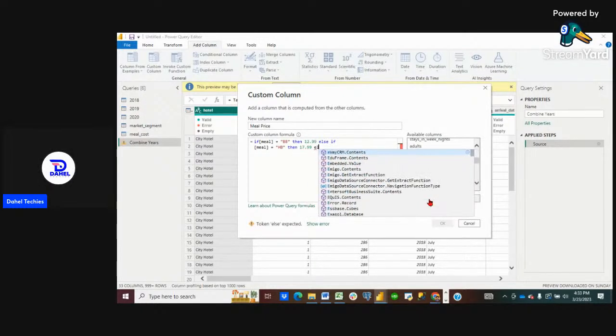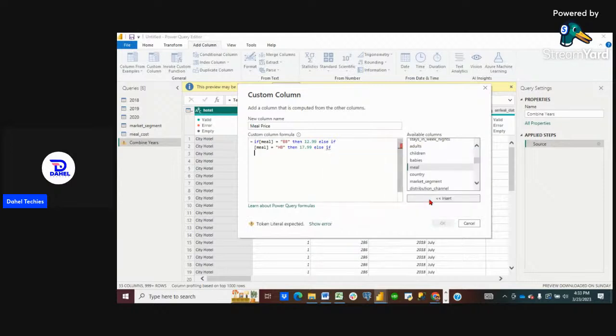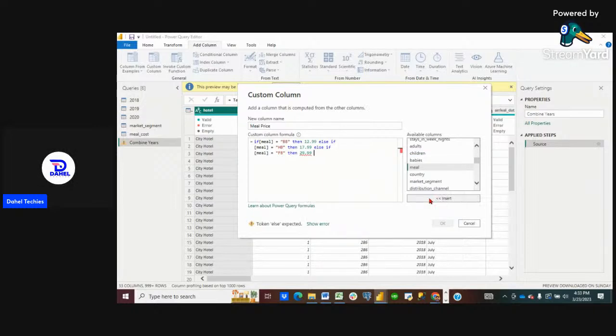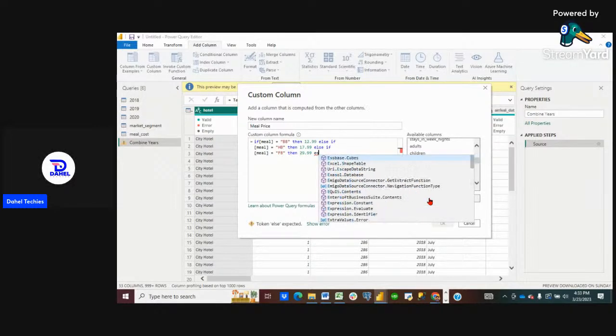Else if the meal again equals, in this case we have the FB, then 29.99, else if,